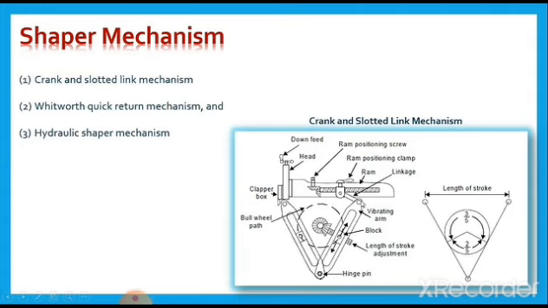Once it moves, you will find this forward motion. The tool post and your cutting tool will also move like this, and in backward it will move like that. We will see the actual animation video for the Whitworth quick return mechanism, so that you will understand it in more depth. So this slotted bar will move along this hinge in this bull wheel path. Okay. So we'll do one thing. We will go to the actual machining, or actual flat surface making operation. So there we'll get some more idea about this shaper machine. Okay. Then we will start now.